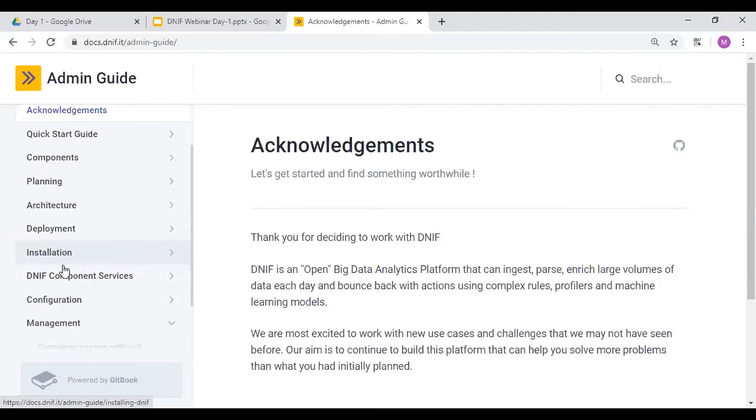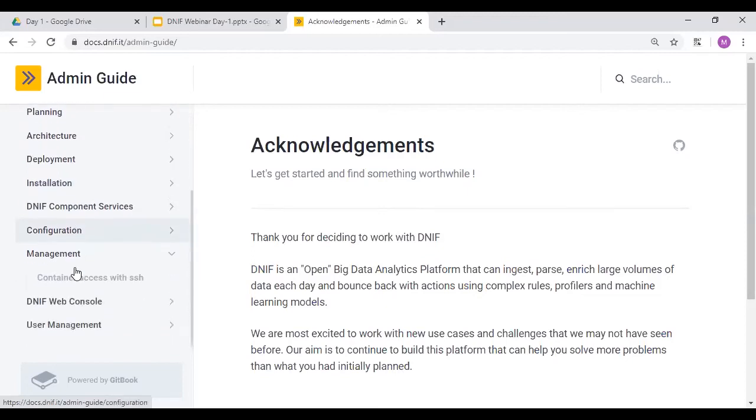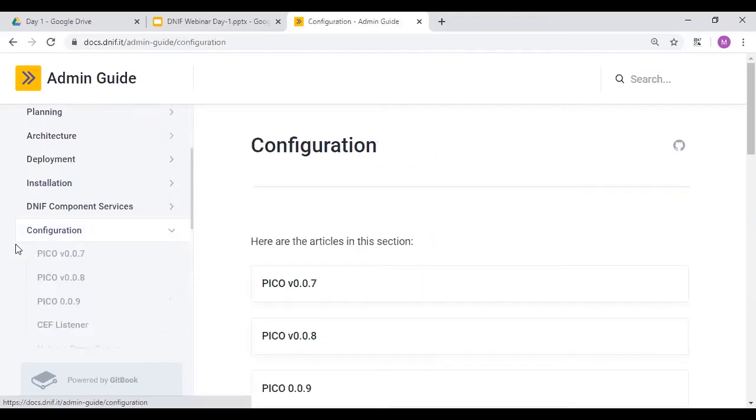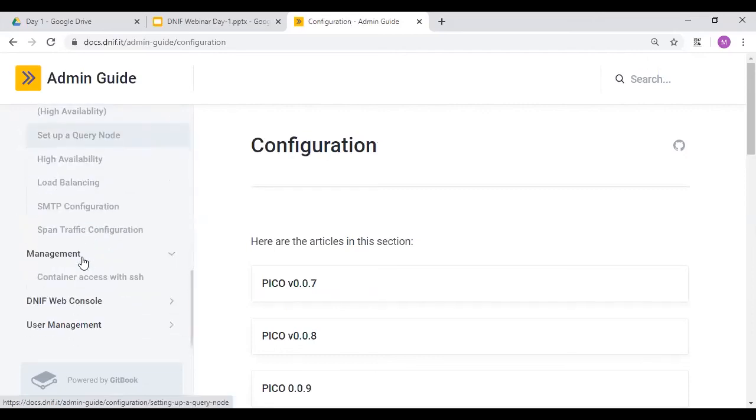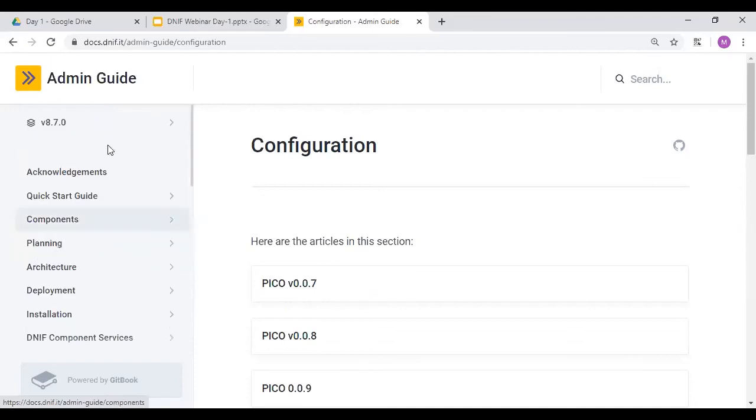Now, once you say that you want to take a backup of your data, the first thing that comes to mind is whether you want to take a backup of data or the configuration files. So let me take you to the component where you do the backup of your data.